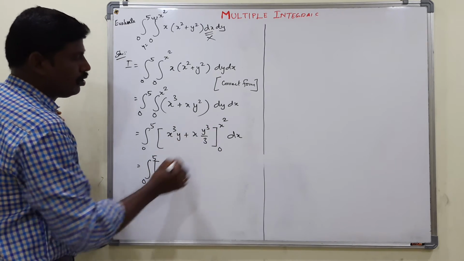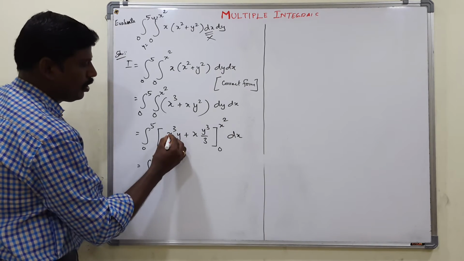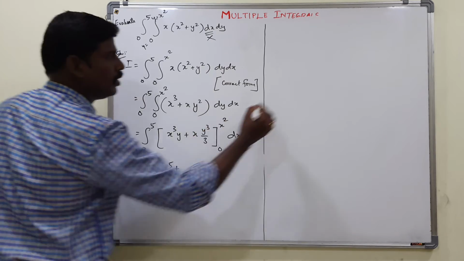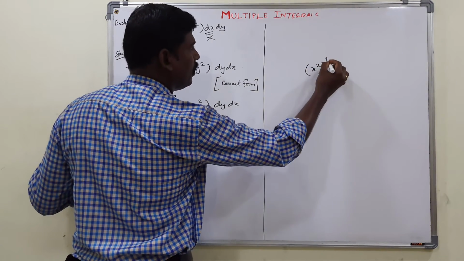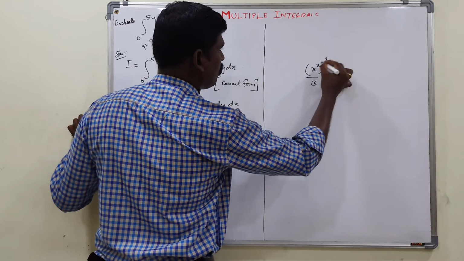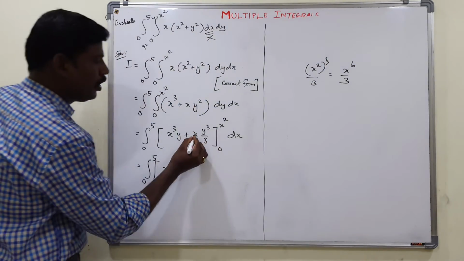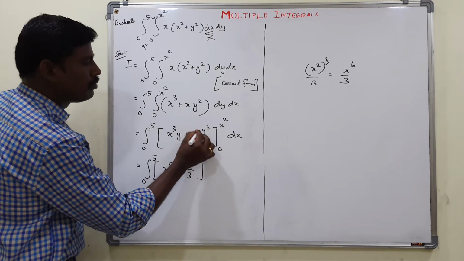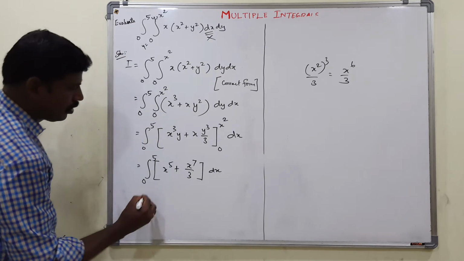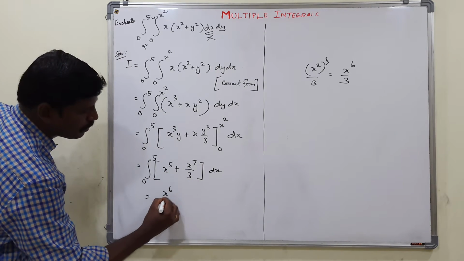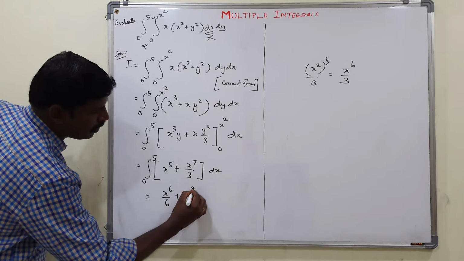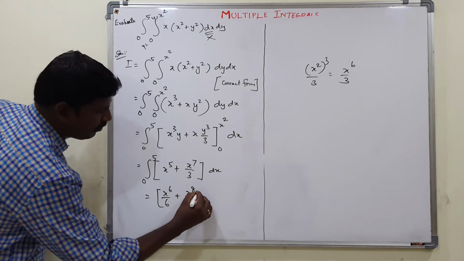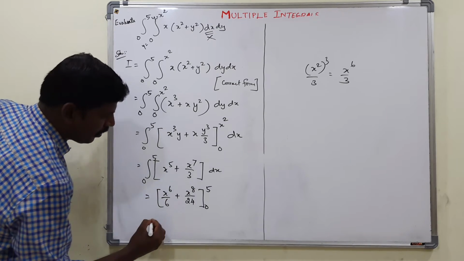Right? So substitute the limit y by x square, it becomes x power 5 plus x into x square power 3 by 3, that is x power 6 by 3. What will become? x power 2 3s are 6. Right? So already one x is here, so x to the power 7 by 3. Okay? By substituting lower limit, both terms will be 0. Right? That's all. So right, integrate with respect to x now. x power 6 by 6 plus x power 8 by 8. Already 3 is here, so 24. So limit from 0 to 5.